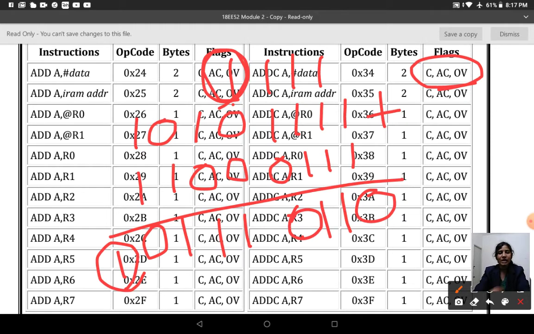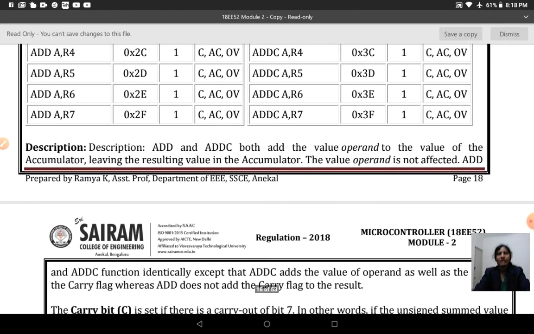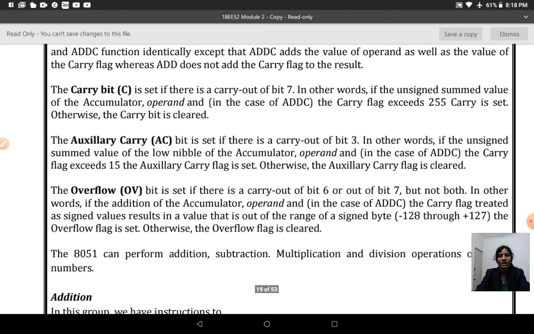Overflow means it is endless, that is, you cannot identify what value it is going to reach; it continues executing. So in the ADD operation, the carry flag, auxiliary carry flag, and overflow flag are going to get affected.